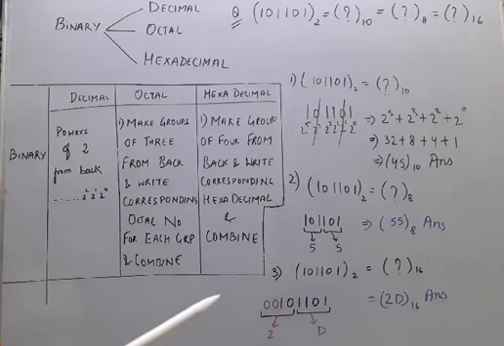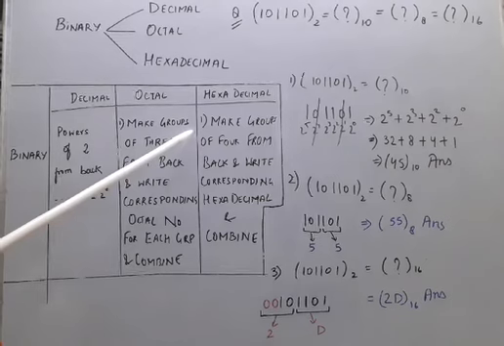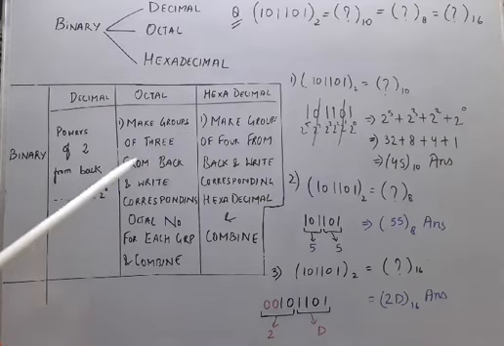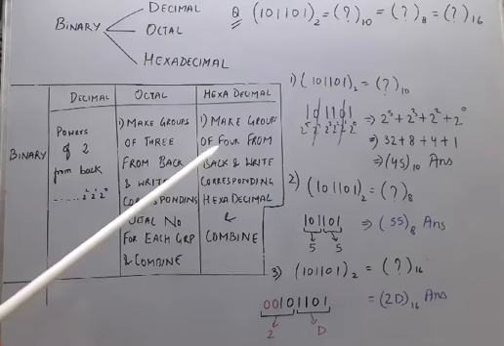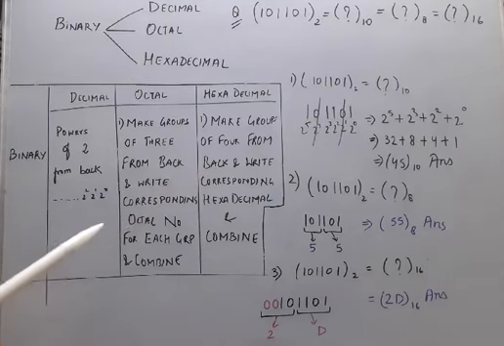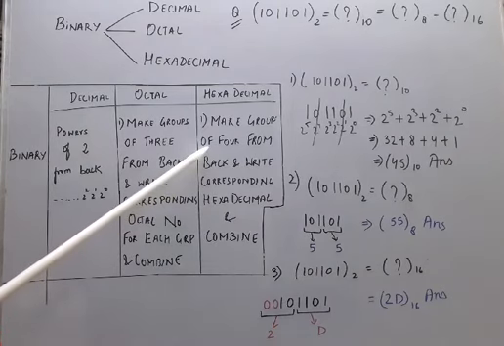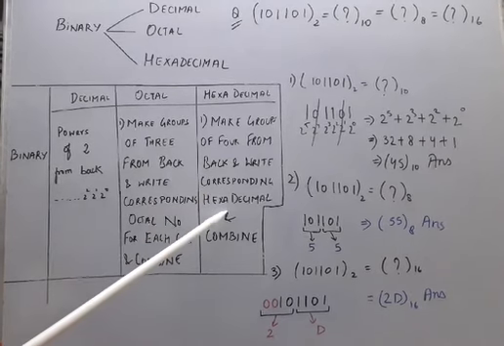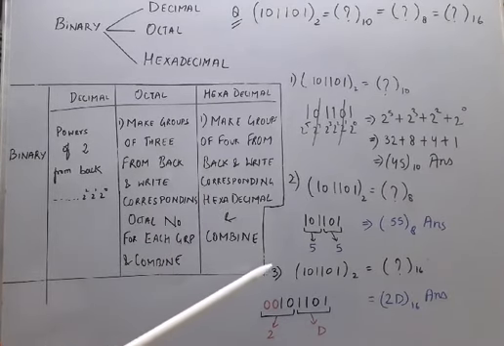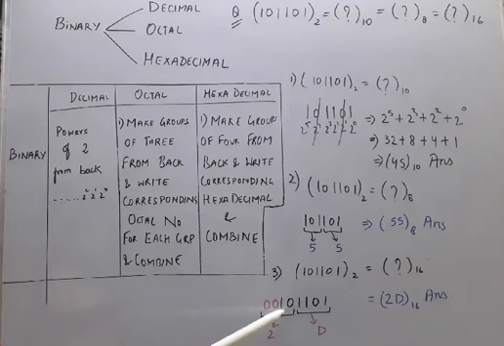Now, the same is the procedure for converting binary into hexadecimal. For this, what you have to do? See, again you have to make groups, but groups of 4 from back, because a hexadecimal digit is represented in binary using 4 digits. So, you make groups of 4 from back and write the corresponding hexadecimal. Now, look at the question. I copied the question, and when I started making groups from back, I saw that the first group has 4 elements, but the second group I was making is lacking 2 elements, because I needed to make a group of 4, but there are only 2 digits available.